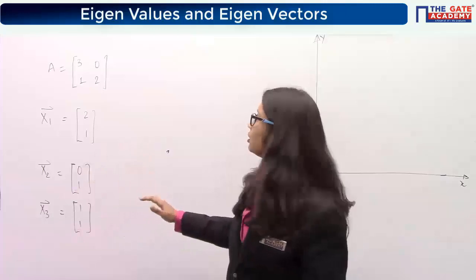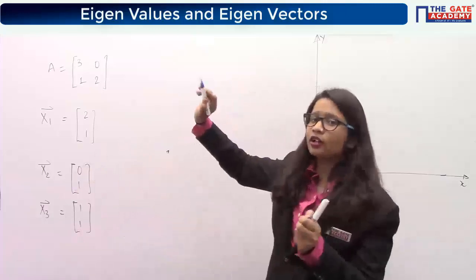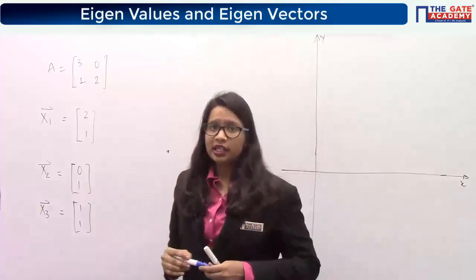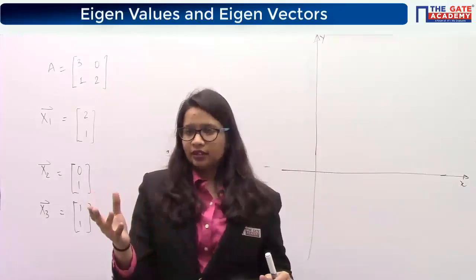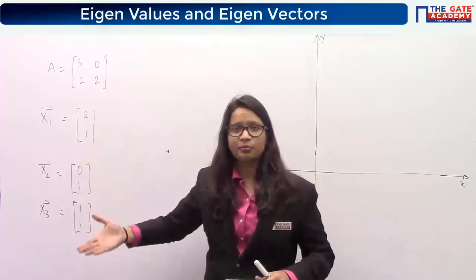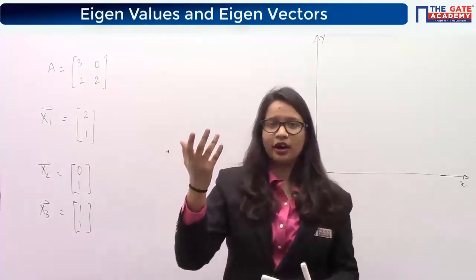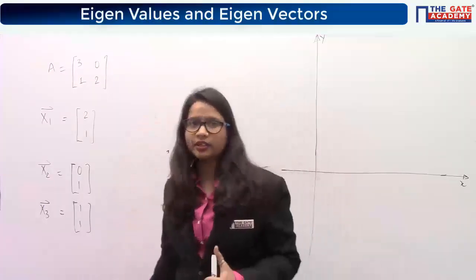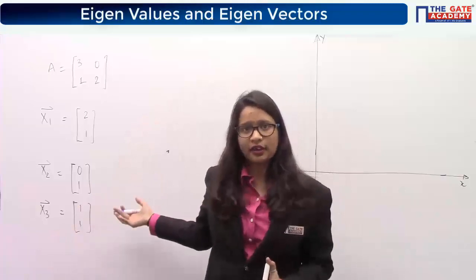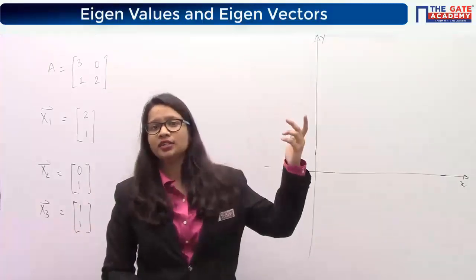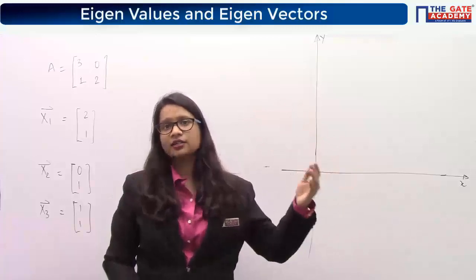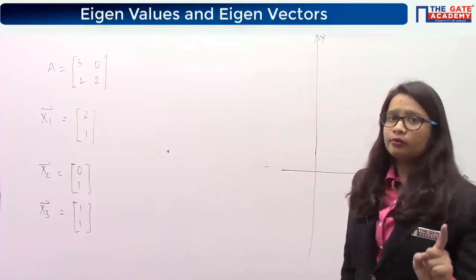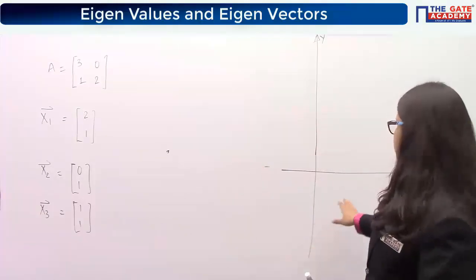But that was very important because you must have always thought that why we are studying eigenvectors in the chapter of linear algebra. Like suddenly, we were studying equations for so many days, and suddenly vectors have come. Are you able to feel it? So why are these vectors coming into the picture? Because these are vectors. If you are not able to understand that these are vectors, then you can't understand why we are studying this topic of eigenvectors in this chapter. Yes? So let's start. Now I'll draw this x1 vector on this plane.